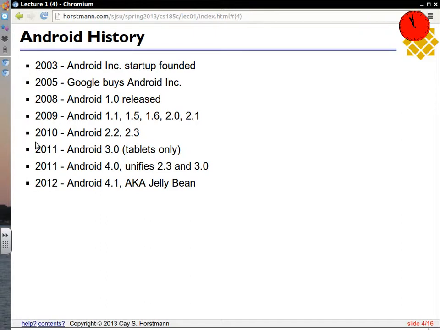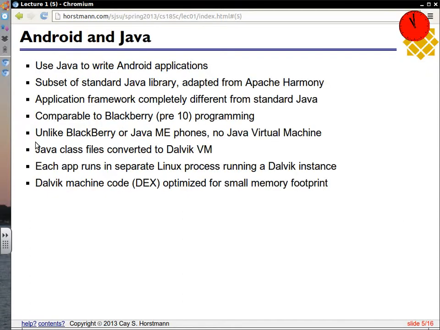So the advantage, by the way, of getting them directly from Google is that way you get the OS updates, and so for a developer that's a nice thing to have. And they're also completely unlocked, so you can muck with them any way you want. So if you wanted to have an inexpensive way of getting hardware for this course, you could just get a Nexus tablet, and you can do everything except making phone calls. And we're not really going to be talking about phones that much. So if you want an excuse to blow $200, here it is.